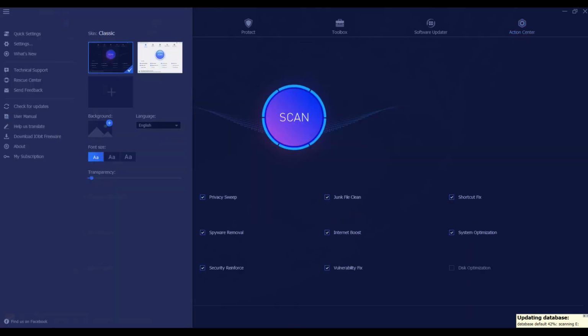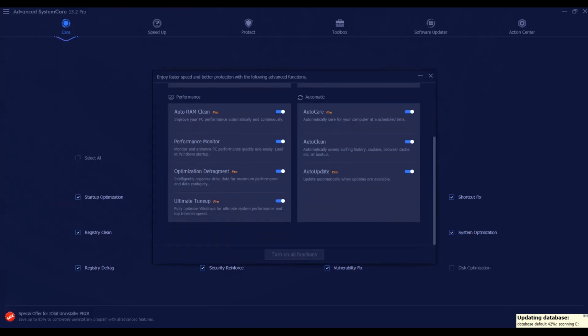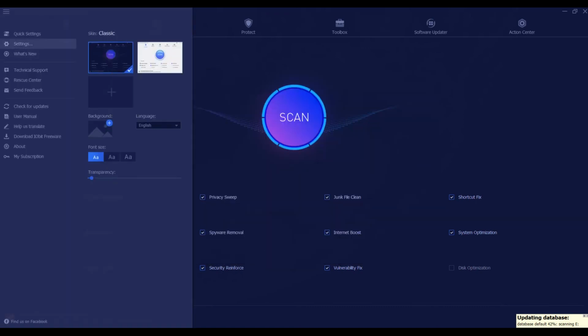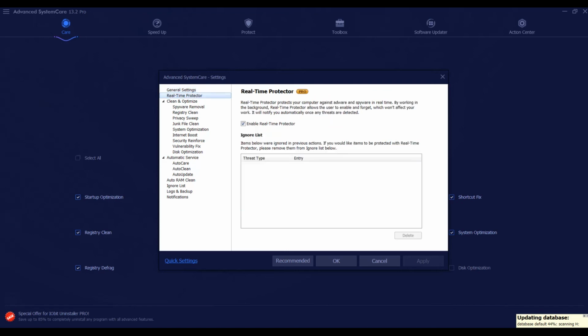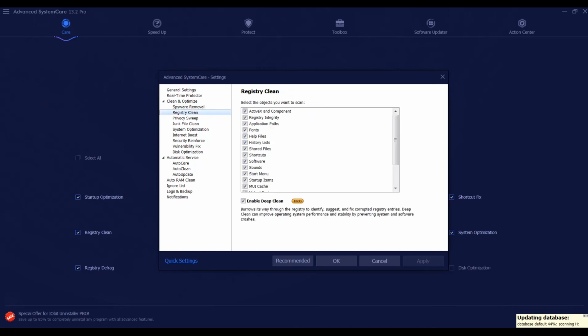So you've then got your settings in here. It can do a lot, this thing. You've got your quick settings, and it shows you just these clicks that are on. You can see the Pro version, they're all on. Then under settings, it gives you all the background settings that the thing can do. So general settings, real-time protection, which is on, spyware removal, skip any files that are larger than whatever you want to specify, and priority for scanning,